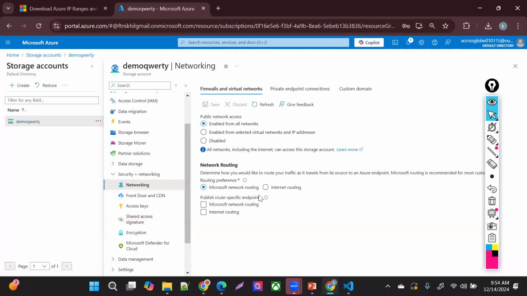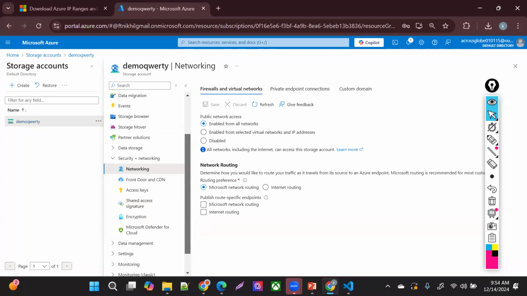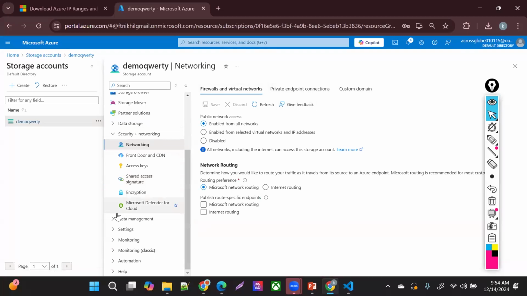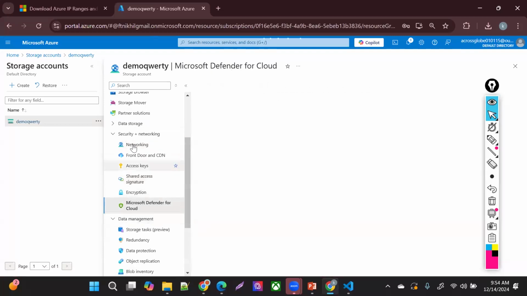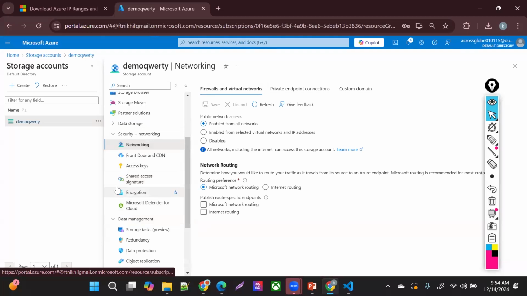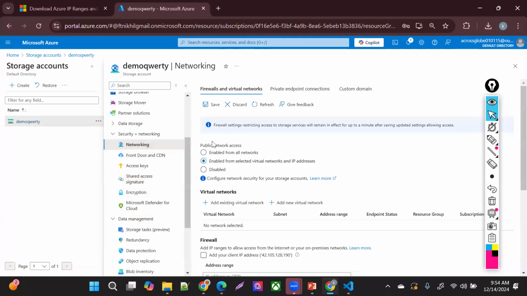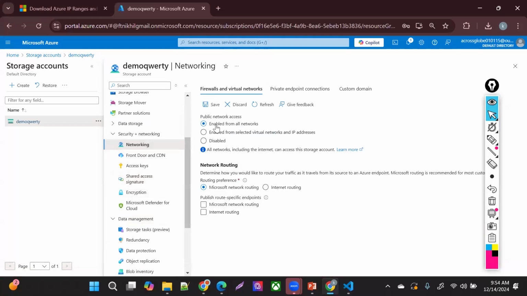So if this public access is enabled, which means from anywhere, if you are accessing it from some location, you will also be able to access my storage account, because this public access is enabled currently.